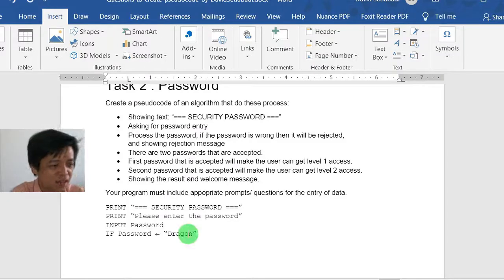If password is dragon, then you need to put two spaces here, okay, because it's ended with endif. Between this, it has to be started with if, ended with endif. Anything you put inside should be having two spaces in them, okay, two spaces inside. So then, okay,